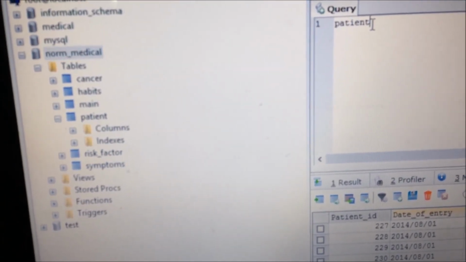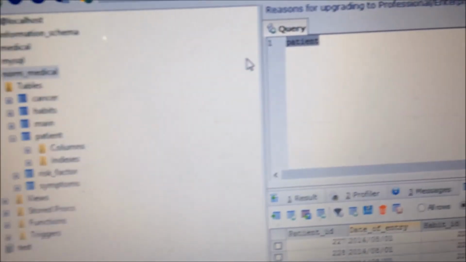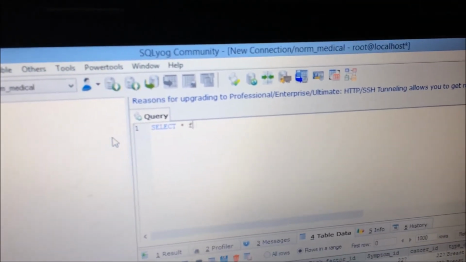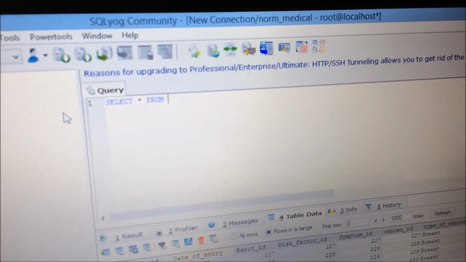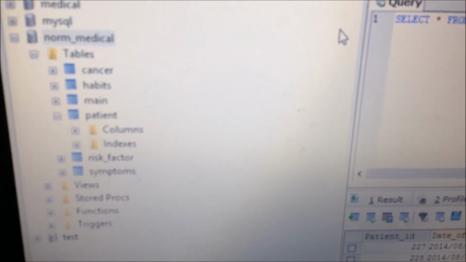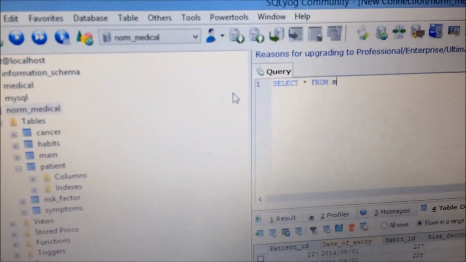Here we are going to find specific details. So just type in the query, select star from, and click the table name. We'll just have the main table, or else we'll go with patient.